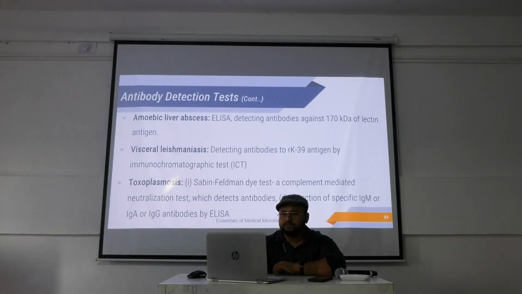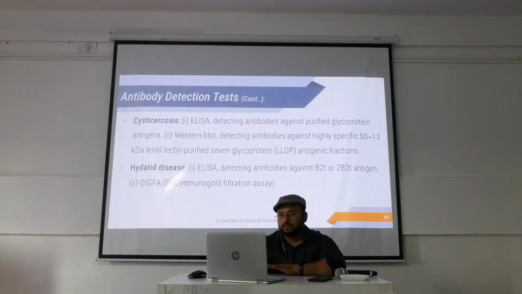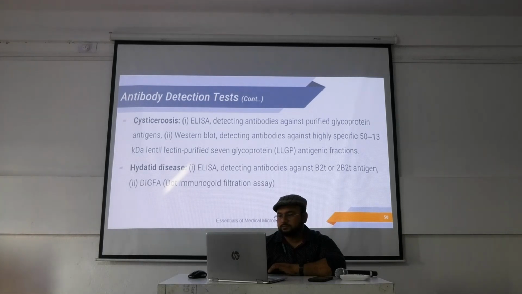Just leave these names, you know that these parasites can be diagnosed by the antibody detection test. That's enough. Antibody detection: cysticercosis, hydatid cyst,